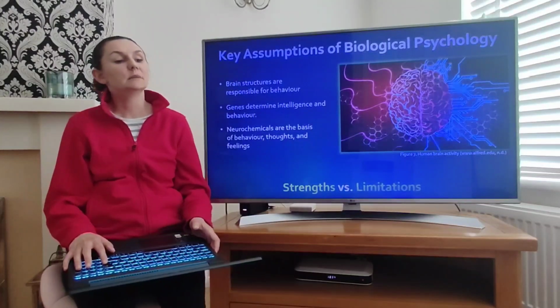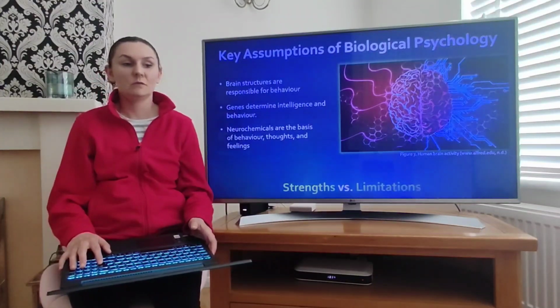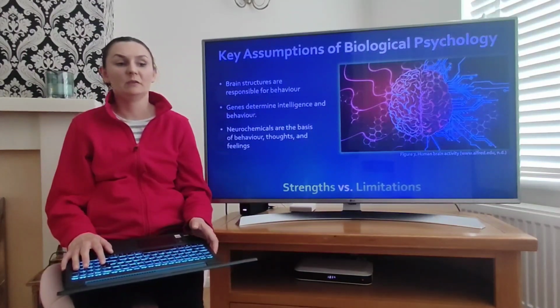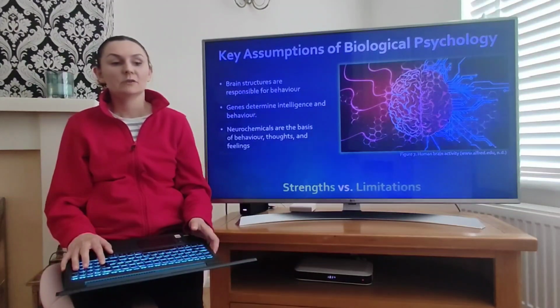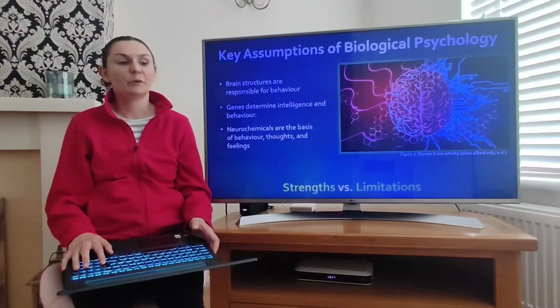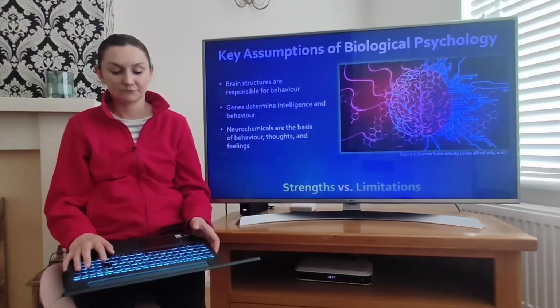Another limitation is the assumption of a direct link between the human brain and behavior, excluding the individual approach. Biological psychology has been criticized for performing surgical procedures to examine the brain and gain actual evidence in the research.